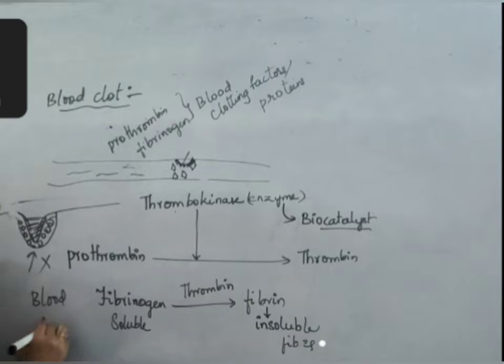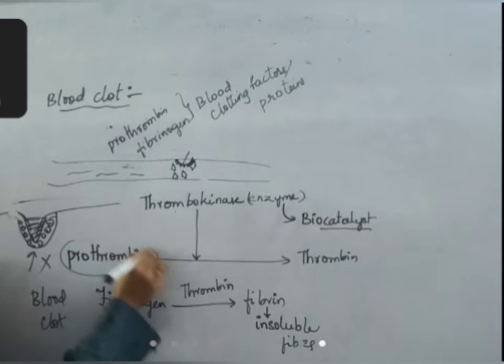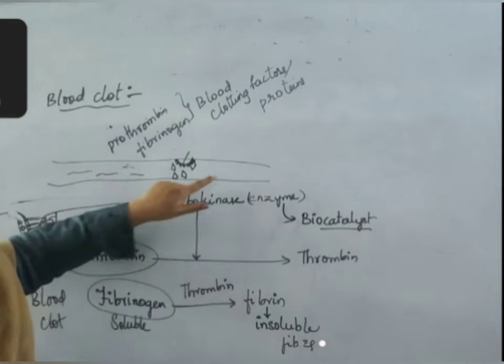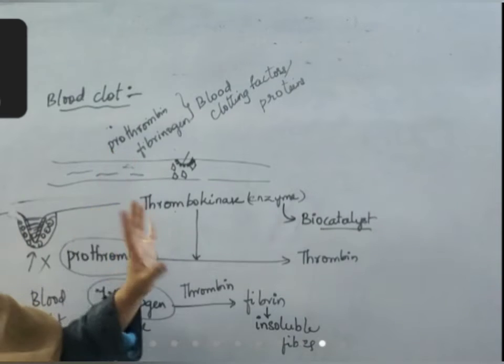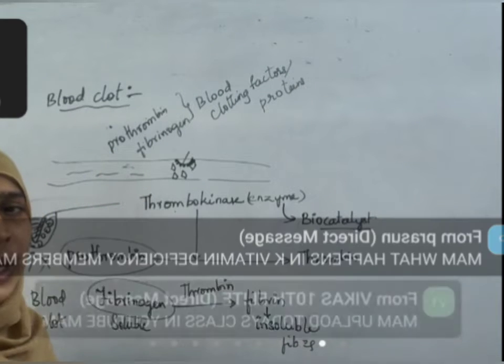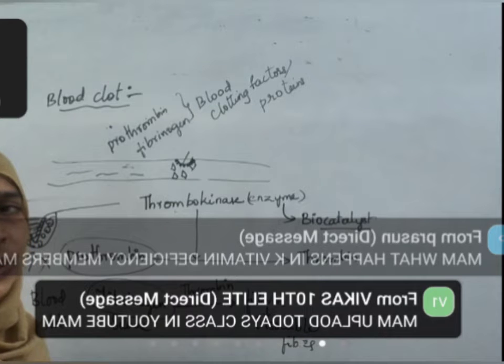Here, why are these proteins initially in an inactive stage, and why do they convert into active stages? Most of the chemicals in our body are like that only. If they are normally in an active stage, then all blood will be getting clotted even in normal conditions. Even in normal conditions, okay, right.